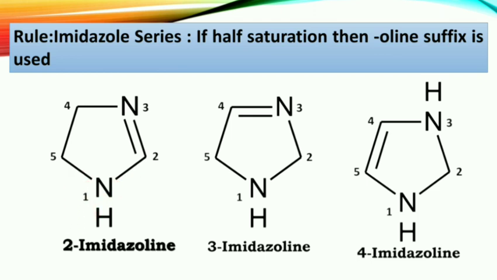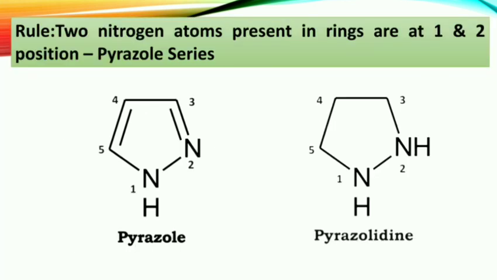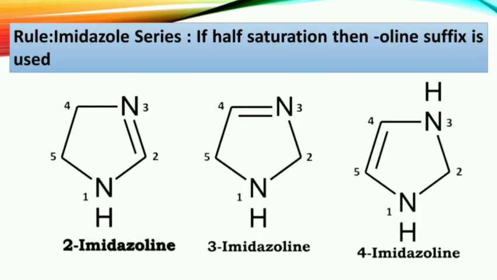Then we can see another example. In this structure you have the saturation in the half saturated ring, on the 3 and 4 position. So you mention 3 in the name: 3-imidazoline, which will be the name in the imidazole series. Okay, you have to remember the half saturation. Only the saturation changes on the bond position. Here the saturation is on the second position, in this ring with nitrogens at 1 and 3, so this ring is 2-imidazoline.